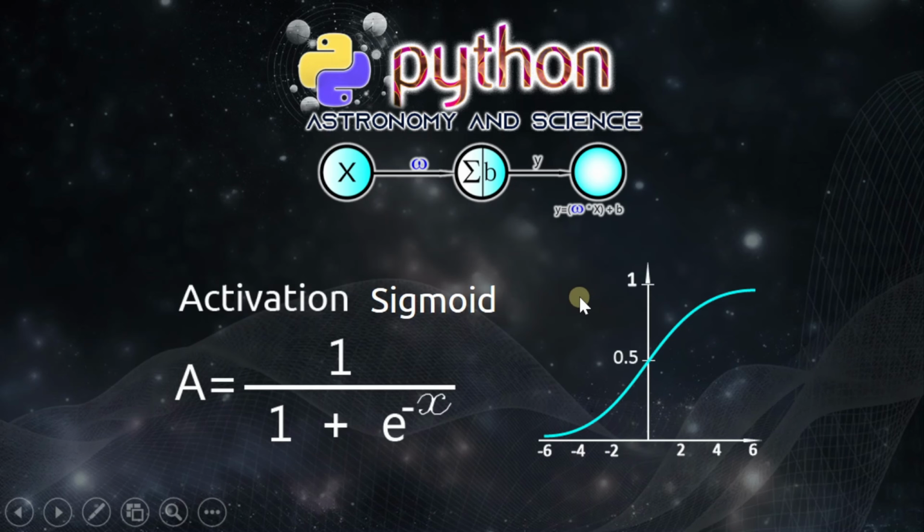Finally, we're going to talk about the activation sigmoid. Actually, the activation can be different types of functions. You have the sigmoid, the tanh, you have rectified linear unit. We are only representing the sigmoid, which is A equal 1 divided by 1 plus E minus X, and this